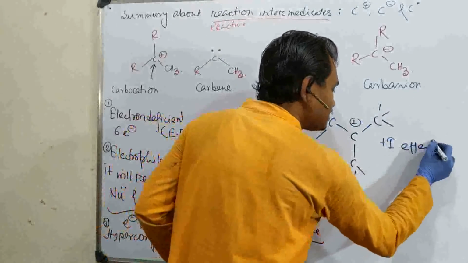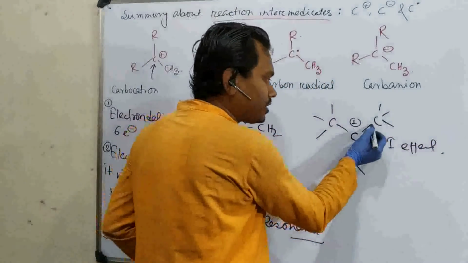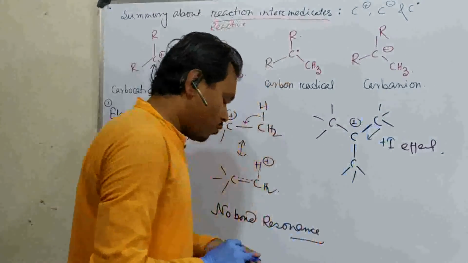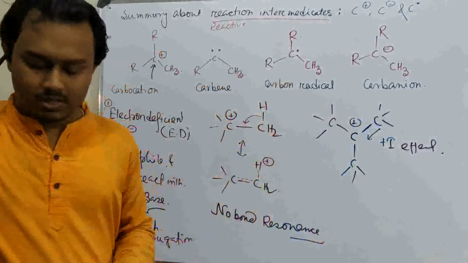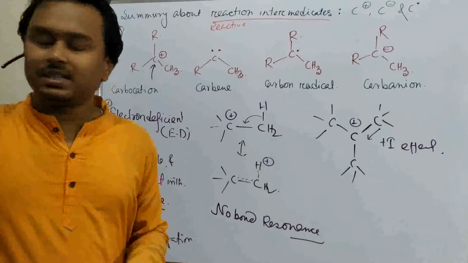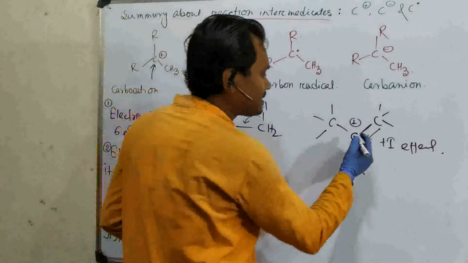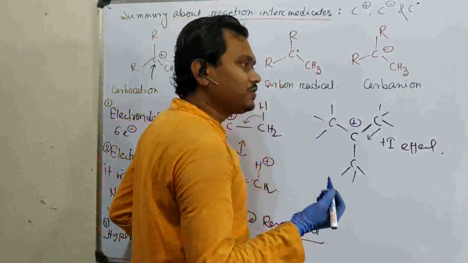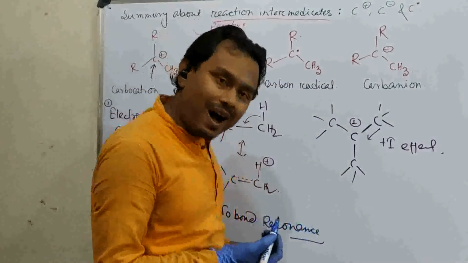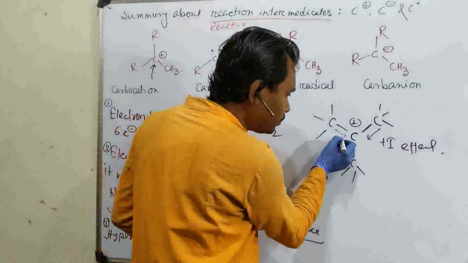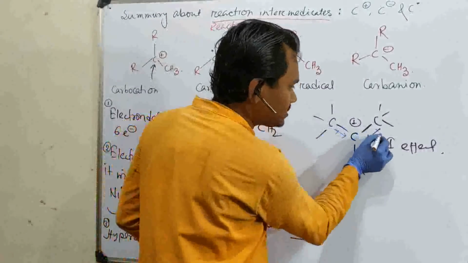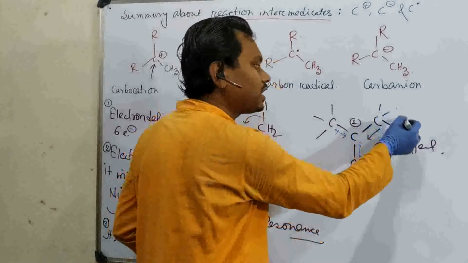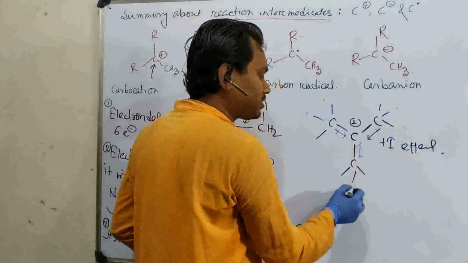What does it mean? That the electron density of this bond will be pushed in this direction. Question: why will it be pushed in this direction? The simple answer is, see, this carbon having plus charge means it is electron deficient. Consequently, since it is electron deficient or electron hungry, it will pull the electron density from this bond. And this carbon will cooperate because this carbon is attached to 3 other functional groups. So it is relatively electron rich, so it can give.